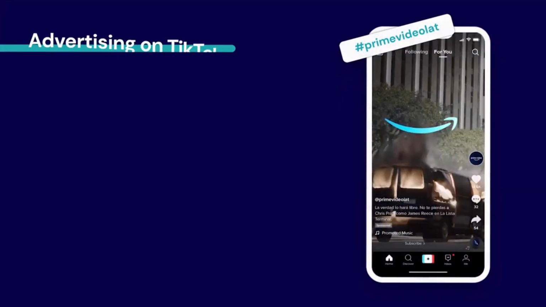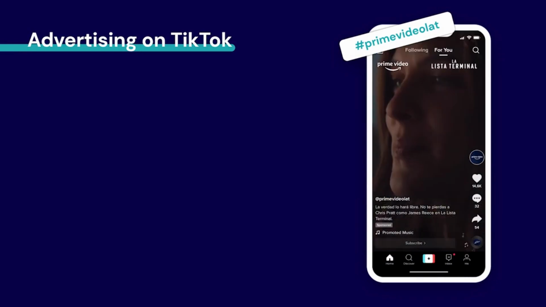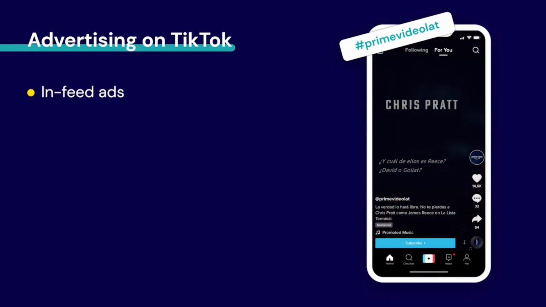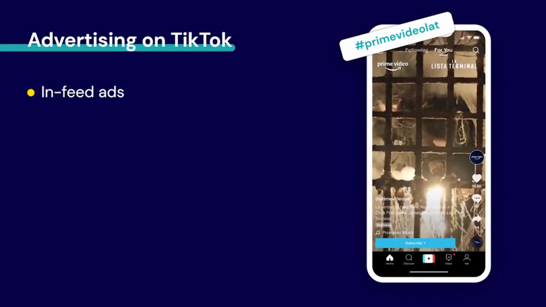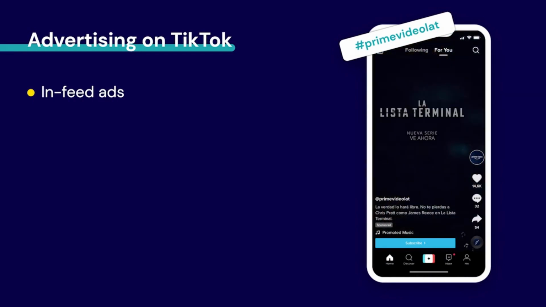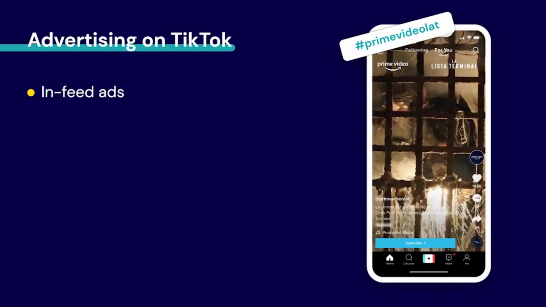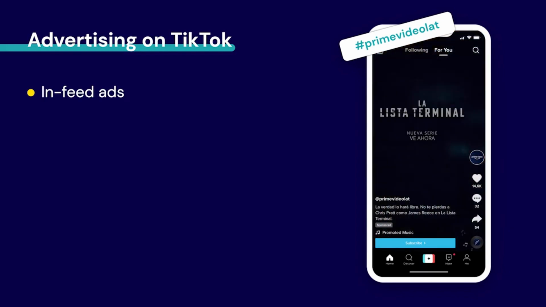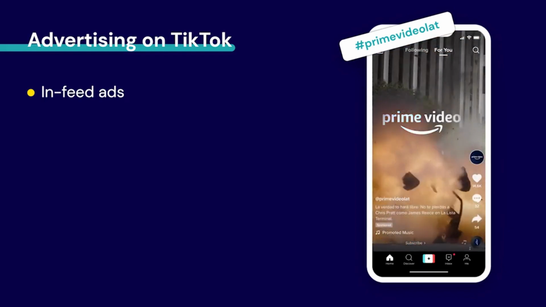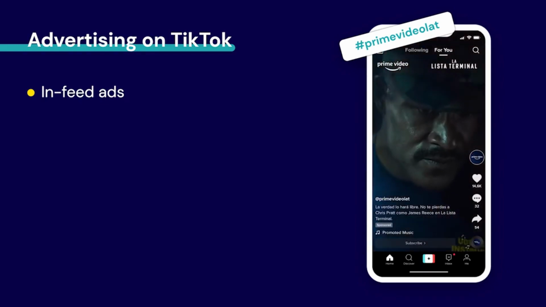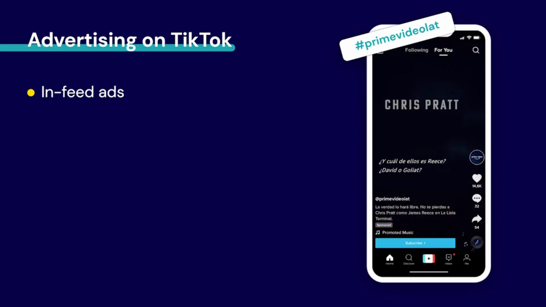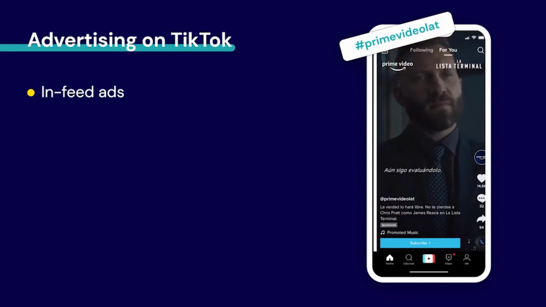If you want more options for reaching your audience and want to pay for more specific targeting, then TikTok has a few different advertising routes you can take. TikTok offers businesses the opportunity to purchase in-feed ads, which are TikTok videos that are placed within a viewer's For You page and appear as they scroll through. They're designed to fit in seamlessly with other videos on TikTok, so businesses need to keep the TikTok style in mind when creating them. But they are ads designed to get viewers engaged or taken action.